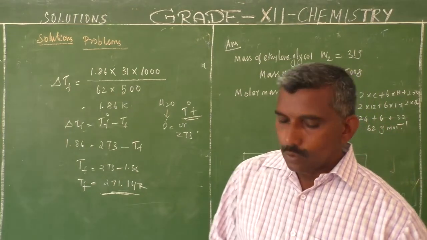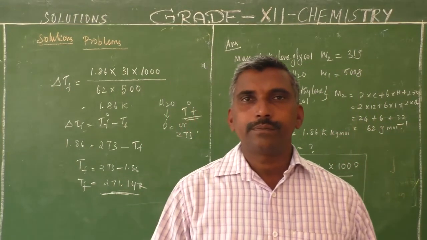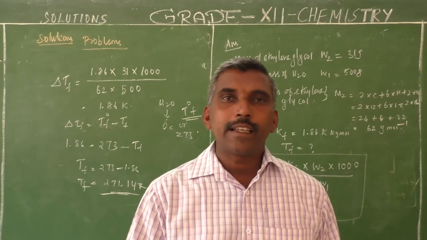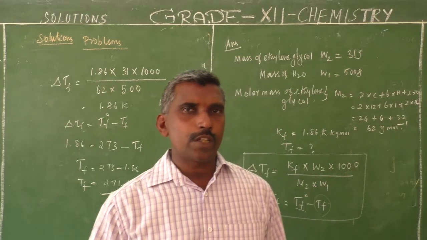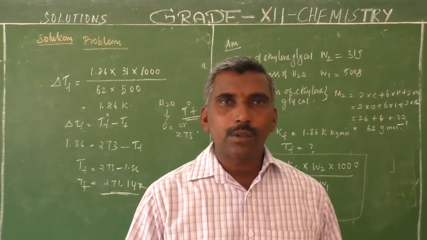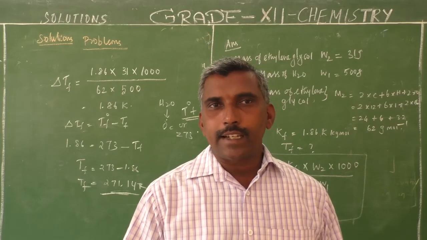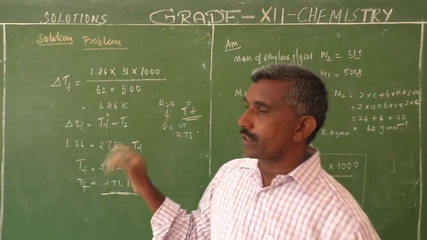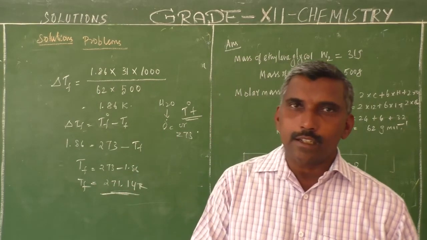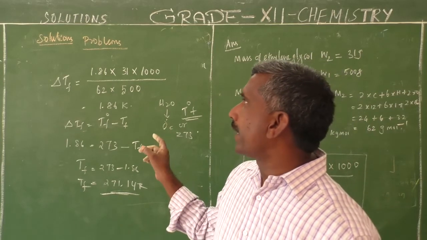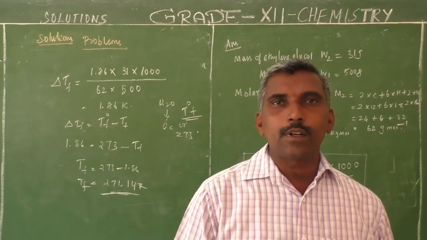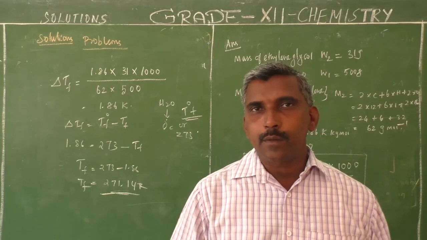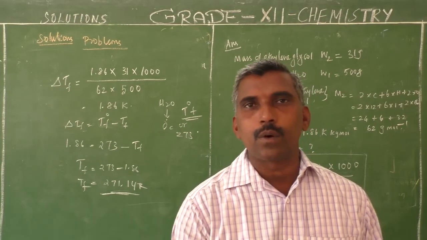Okay, today this class is over. Next class there are 8 sums and 10 MCQ questions, which we will discuss. We will finish the lessons; the 12th physical chemistry second lesson, solutions, will be over in the next class. Today we discussed abnormal molar mass and 2 problems. Next class we will see the remaining problems and MCQ questions.